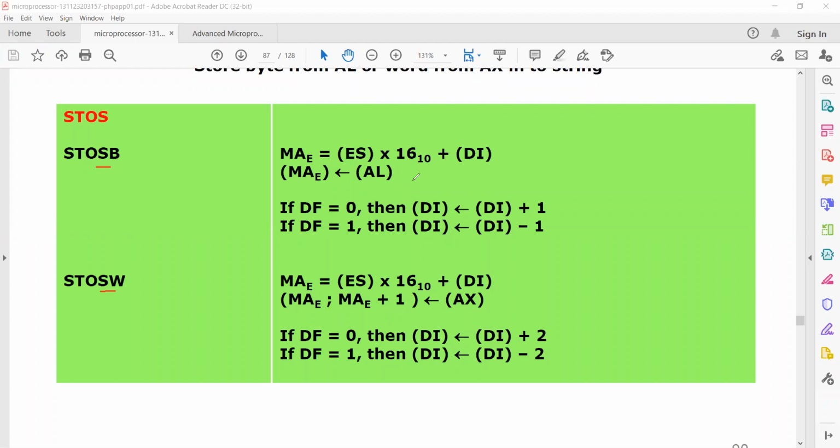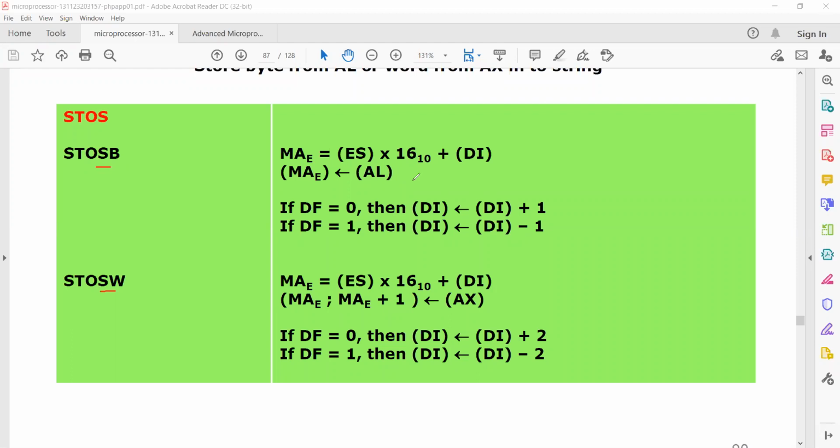In the previous one, we had a value in the source operand address, and we loaded that into the accumulator. Now we have a value in the accumulator itself, and that accumulator value has to be stored to the destination address.